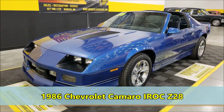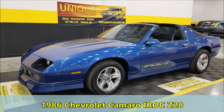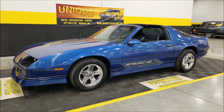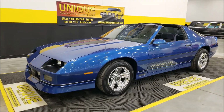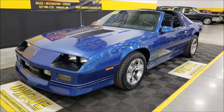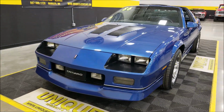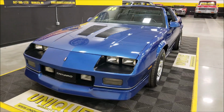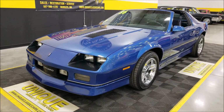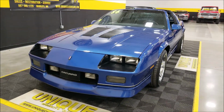Here's a make and model that's becoming more and more popular in this body style. 1986 Chevrolet Camaro IROC-Z. Nice looking Z28. This is in bright blue, number 23 paint code, with black custom sport cloth bucket seats. And that is the way this car would have come from General Motors back in 1986. Underneath the hood, 5-liter TPI V8 engine, paired up with an automatic with overdrive transmission, power steering, power brakes, AC